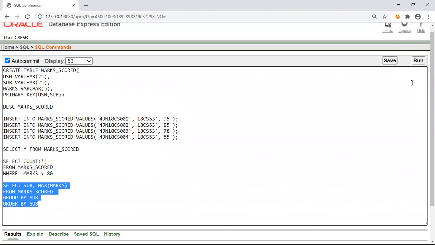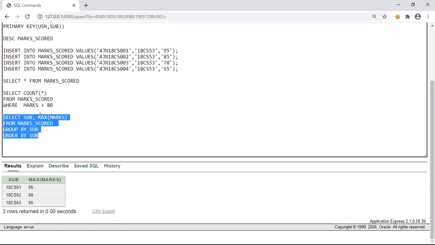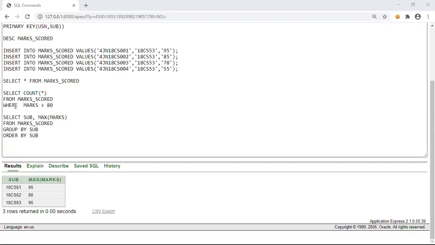Some of the DBMS packages allow us to list the attributes here itself, but Oracle doesn't allow us to list any other attributes apart from those which we have listed in the group by clause.